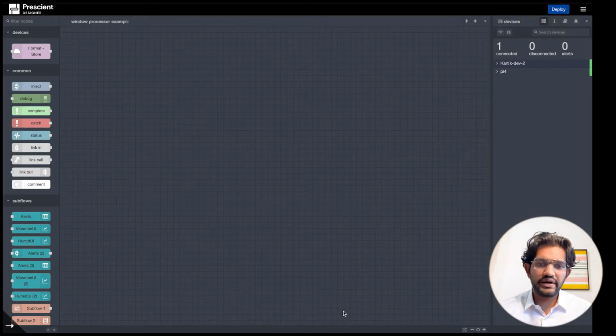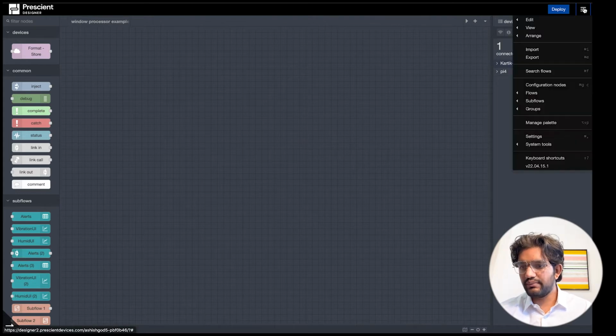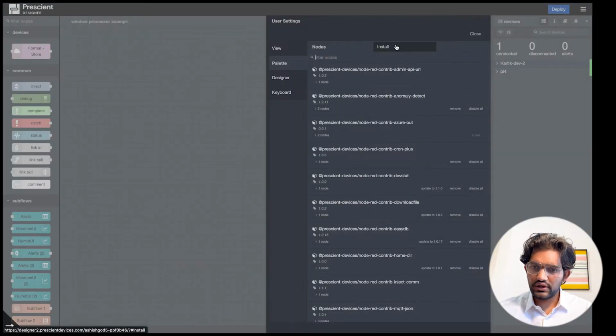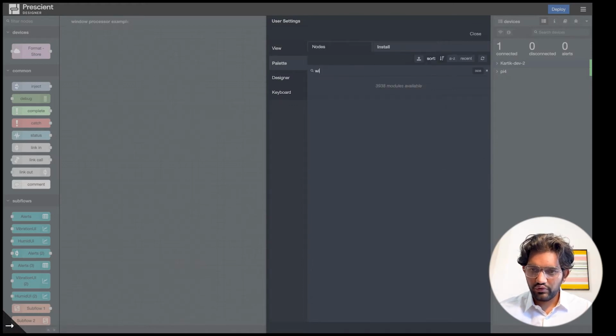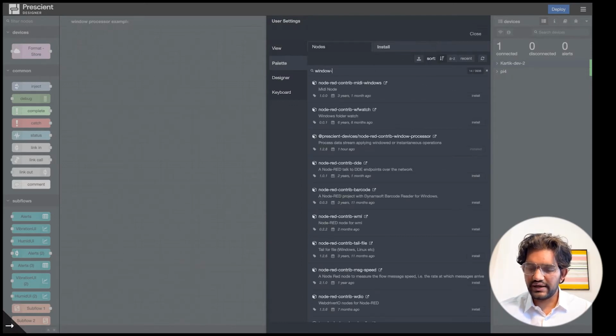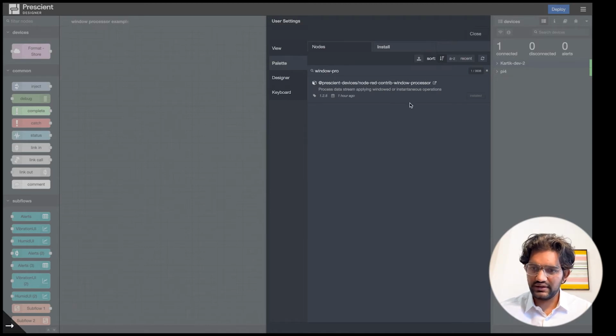So let's look at the Prescient Designer now. This is the designer. And to install the window processor node, we have to go into the hamburger menu and the manage palette. In here you have the install tab, in which you can search for window processor, which is available right here. It's installed in my case. You just have to hit this button to install it for you. Following this,